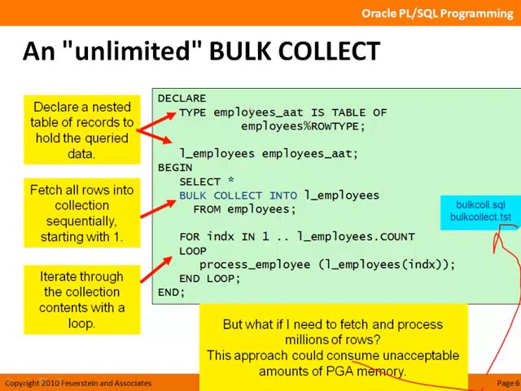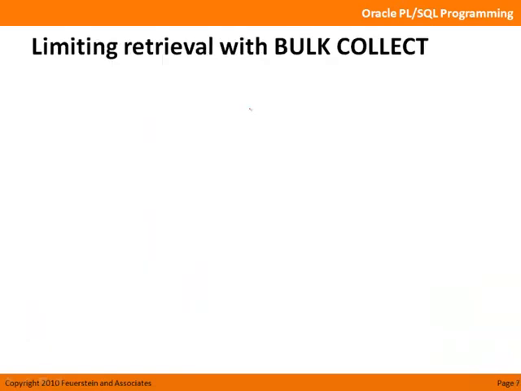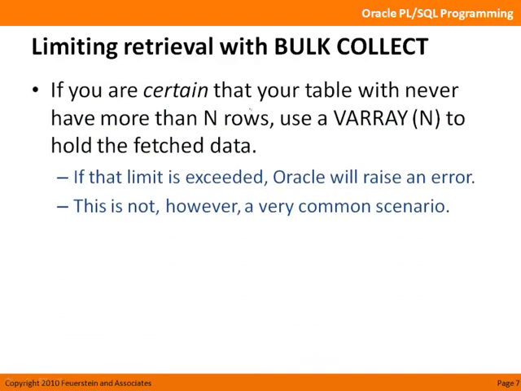Watch out for the unlimited bulk collect approach. What do you do instead? You limit retrieval with the bulk collect limit clause. So if you're certain that your table is never ever going to have a certain number of rows, like it's never going to be more than 100, you could select into a V-array, and a V-array collection type enforces a maximum upper limit on the number of rows in that collection, therefore the number of rows that can be retrieved with bulk collect. But that's very unlikely a scenario, and in fact in general your tables are growing, you can't put an artificial upper limit on it, and if you're not careful you could run into the memory errors I